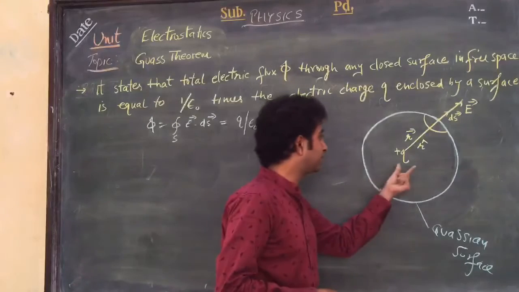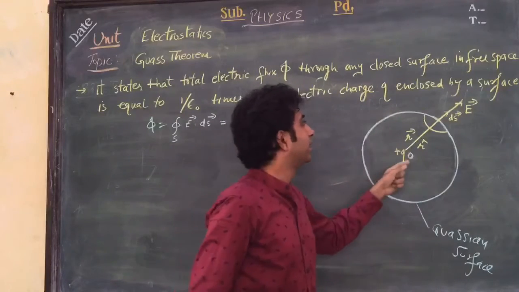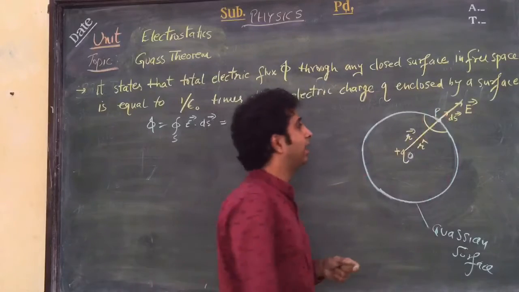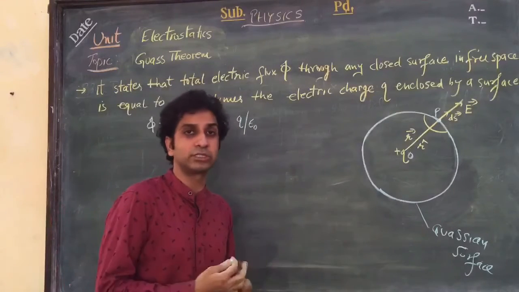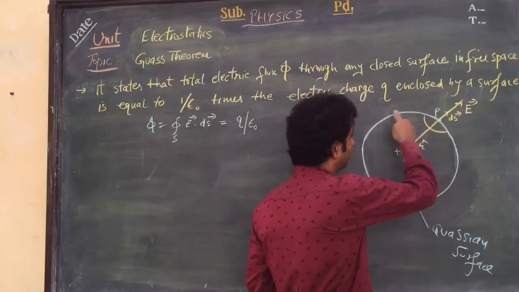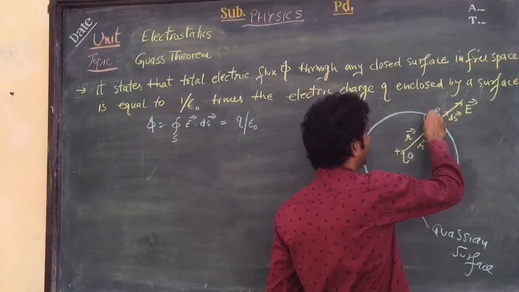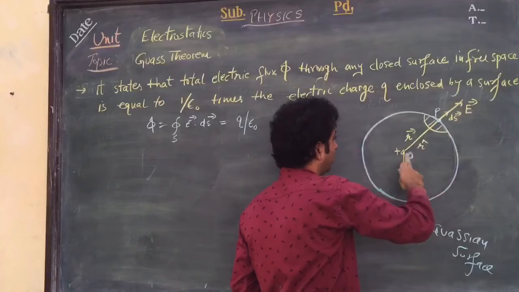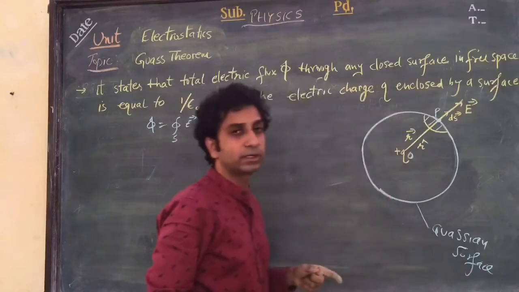For this I have taken one charge, say plus Q, placed at a point, say O, and P is an observation point. First of all, we need to assume some sort of Gaussian surface. It depends on the problem. So I have chosen a Gaussian surface passing through this point P. Now I have chosen a small area element, say dS vector, and this is the direction of the electric field vector, and I join this line also. This is a position vector, say r vector, or this is a unit vector, say r cap.